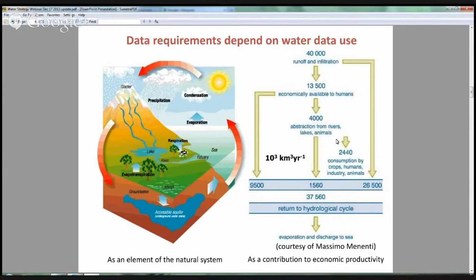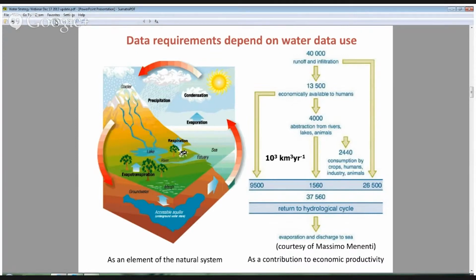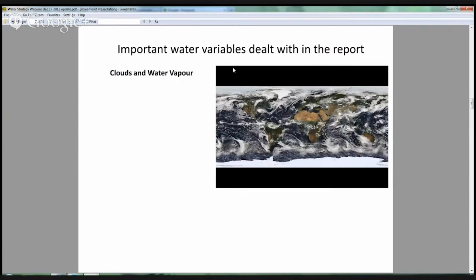They want to make sure that they have water available for their users, and so they have a different sort of requirement for information. It tends to be much more local than the requirements for the global water cycle scientists. We'll just walk through the various variables that are dealt with in the strategy report, and I'm sorry I've pulled